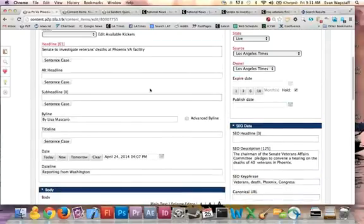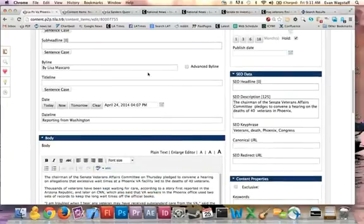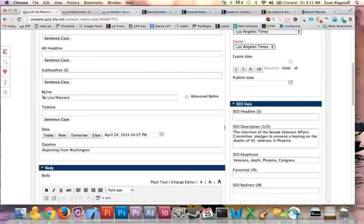I think that should put you in pretty good shape. I'm sorry, I forgot the advanced byline, which is going to be really important. I showed you in the front end, but I need to show you how to add it on the back end. The advanced byline box will bring in that nice link that links to your author page and shows your photo and gives you your contact information. So how to use it, you just click the advanced byline box first